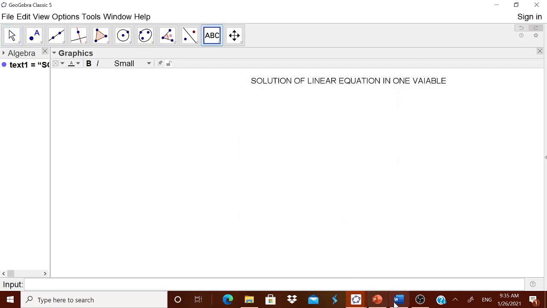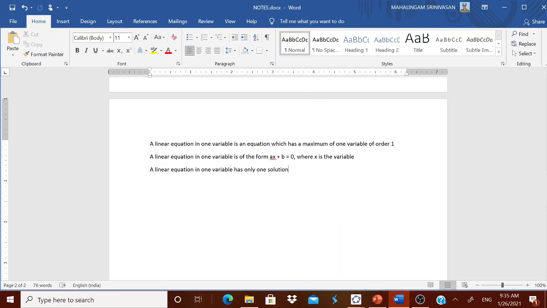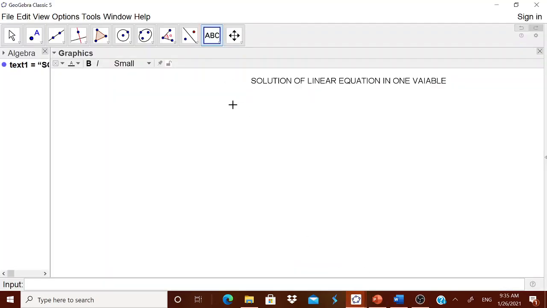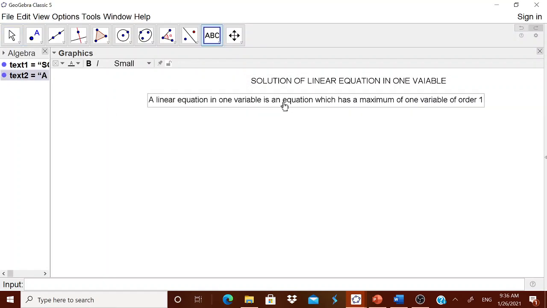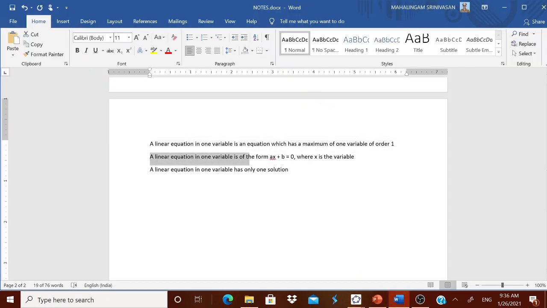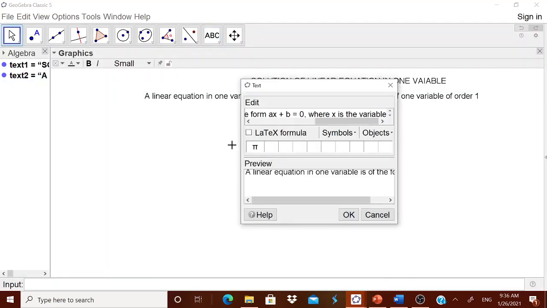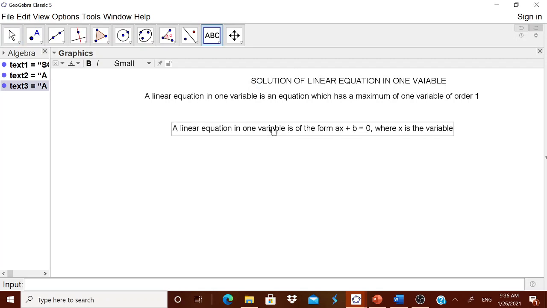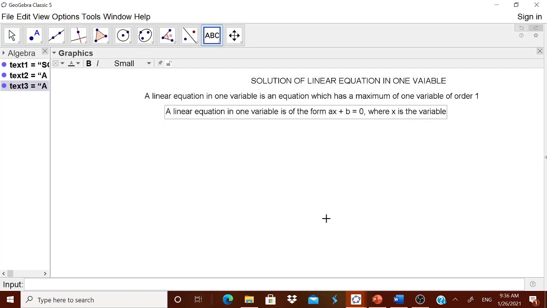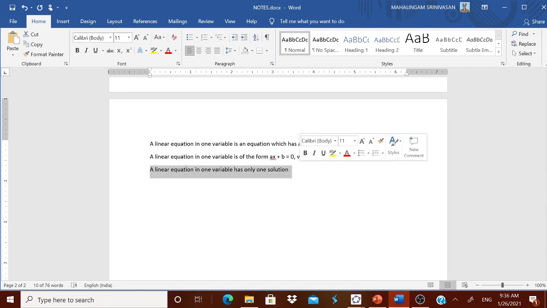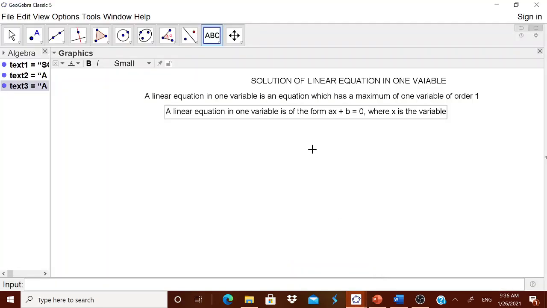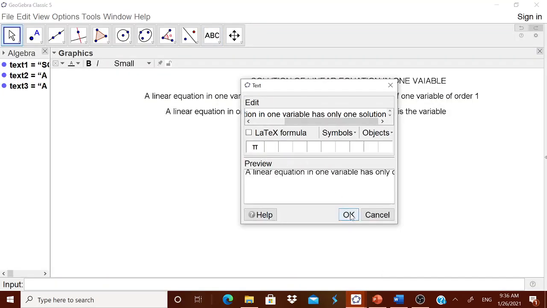Now I think we can explain to the children what is the meaning of a linear equation. It will have a maximum of one variable. You can discuss it slowly in the class. What do you mean by a linear equation? Why is it called linear? And what do you mean by the solution of the linear equation? And actually what is its form? And here you can tell that A cannot be equal to 0, B cannot be equal to 0. Like that, you can go on discussing with the children. Not only that, you can ask them how many solutions it can have. You can tell them that the solution is unique. That also you can discuss in the class.